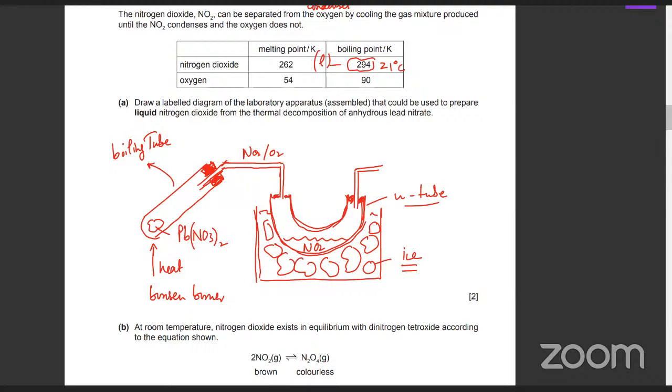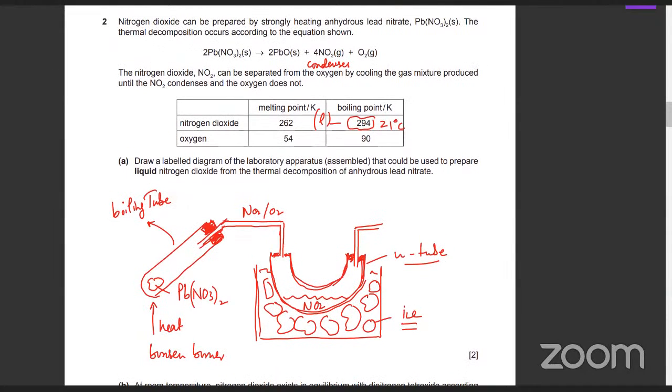So what is the meaning of anhydrous? Anhydrous means without water, I think. It just means there's no water. So, there was a question about the ice. Obviously you have to condense it, right? So when does NO2 condense? NO2 condenses at a temperature less than 21. So the purpose of ice is to lower the temperature close to 0 degrees centigrade, let's say. So all the NO2 over here is going to eventually start condensing. Is that clear?